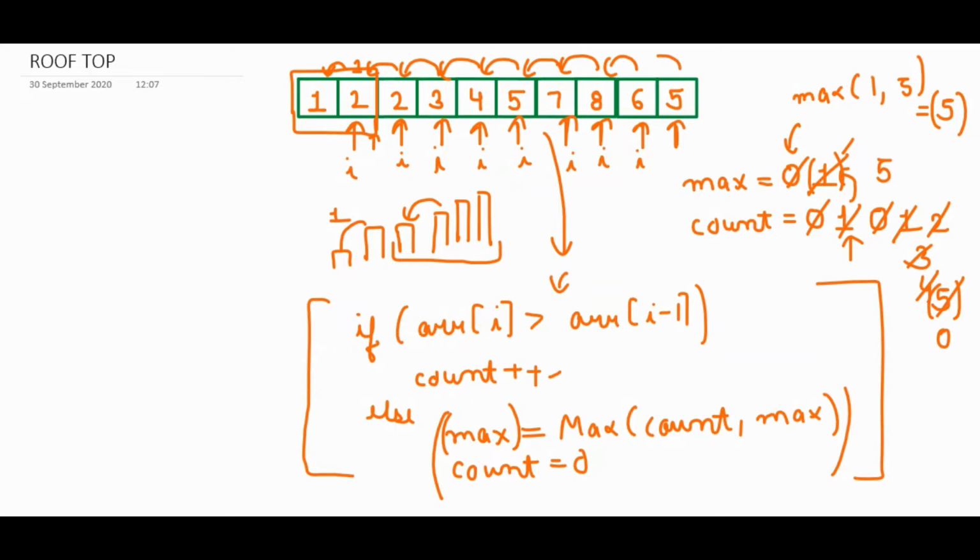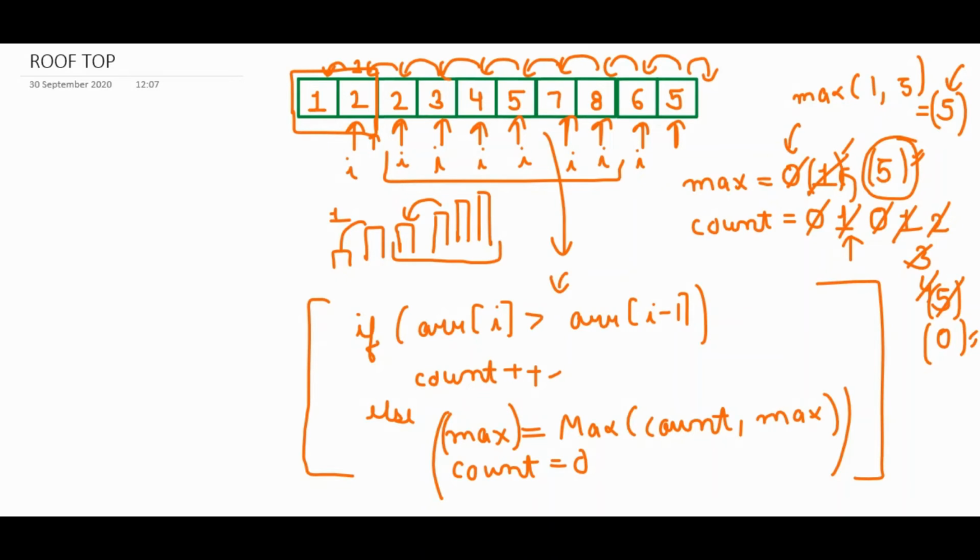This is also less than the previous element, so we will come here. We will make our max equal to the maximum of current max and the count, so it will remain 5 only. Then we will go to the next step. Then we have array out of bound, so we have to stop here. So we have got our answer which is 5, right? So as you can see, 2, 3, 4, 5, 7, 8. There are 5 steps from 2 to 8 that we have taken, right, which are consecutive. That's why we have got our answer as 5.